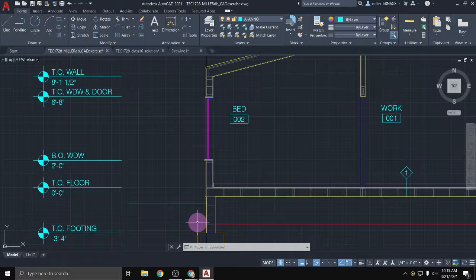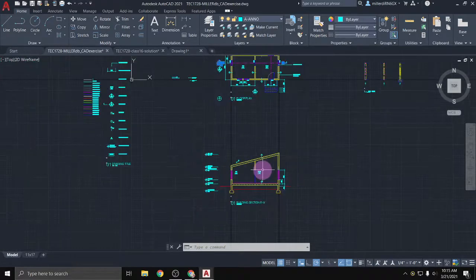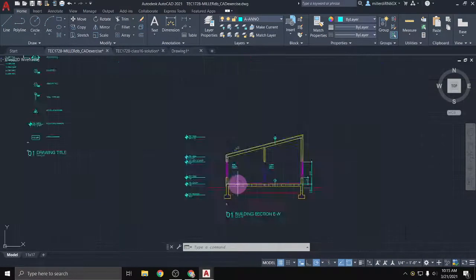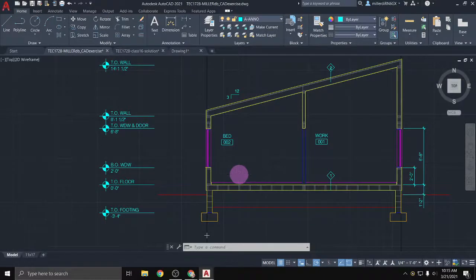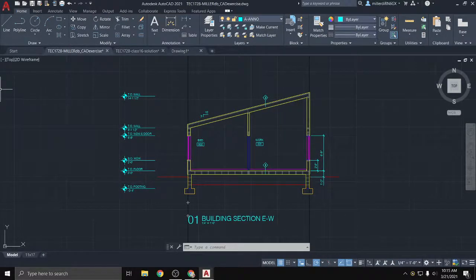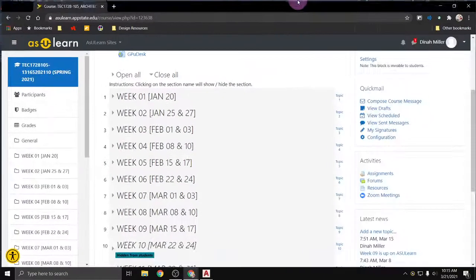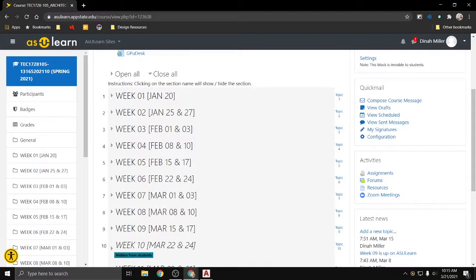And that's what we're going to practice today, making a wall section. Just like with our building plans though, we're going to do the wall section at full size so we can fit lots of nitty-gritty details into it. And then I'll show you how you can bring that wall section into this set of plans to help create this building section. So if we go to As You Learn, which let me just move onto this screen for a moment,